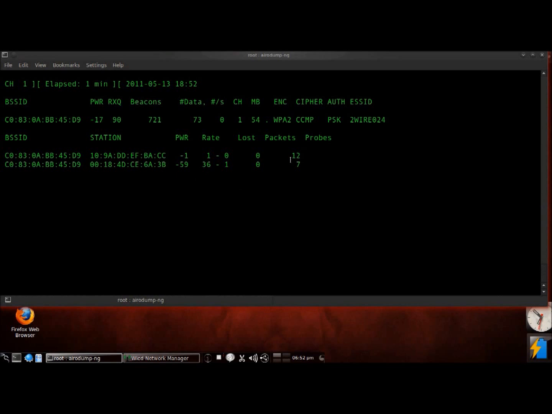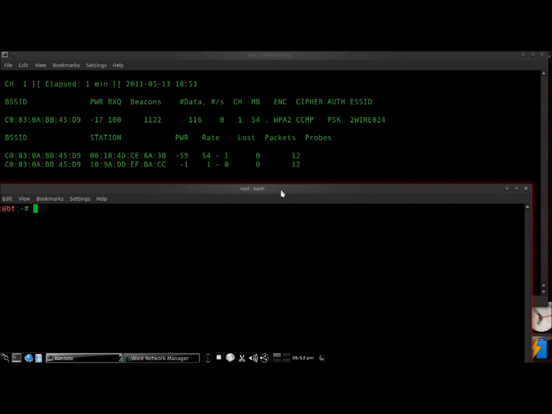So basically, this is great. If you don't have a station, this is not going to work. What we're going to do is we're going to deauthenticate. We're going to send a deauthentication request. It's going to deauth everything, and then it's going to basically make the station reconnect. So if you can imagine, if you're on the internet and all of a sudden you got disconnected for some reason, and your computer then reconnected, then that's basically what we want to happen, and hopefully we can capture that information. So I'm going to go ahead and open up another console,